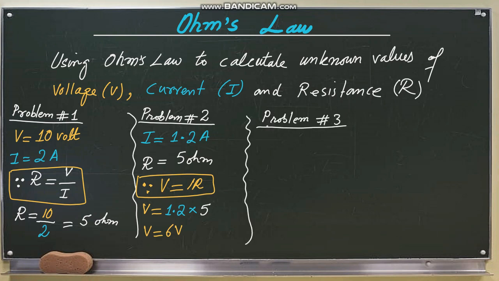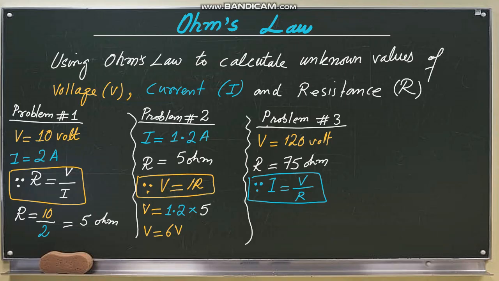Now let us proceed towards the next problem. In this problem, the potential difference is equal to 120 volt. The resistance of the bulb is 75 ohm. Then, what will be the value of the current flowing through the bulb? We know that the current is equal to the potential difference divided by resistance. By putting the values in above equation, we get 120 volt divided by 75 ohm, which is equal to 1.6